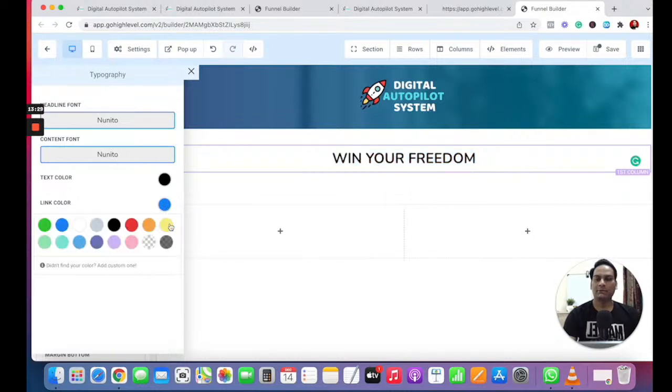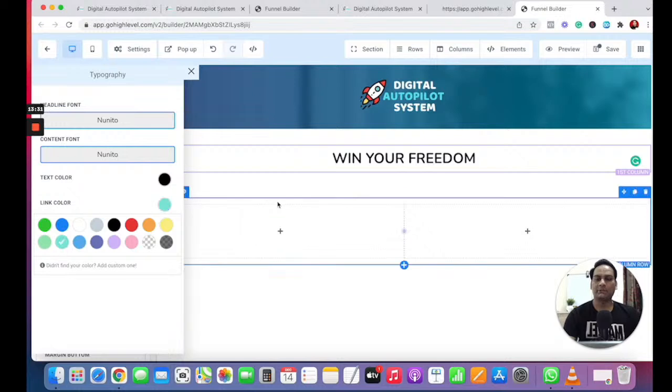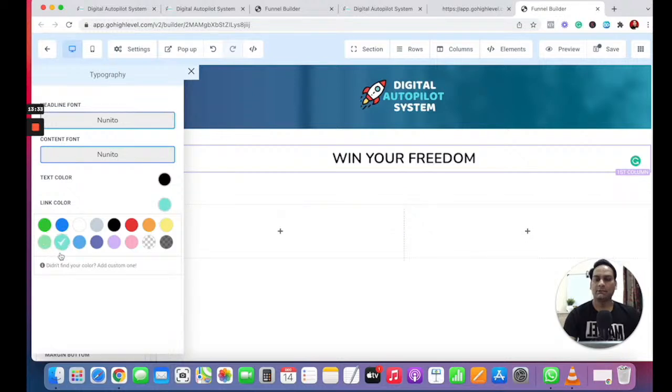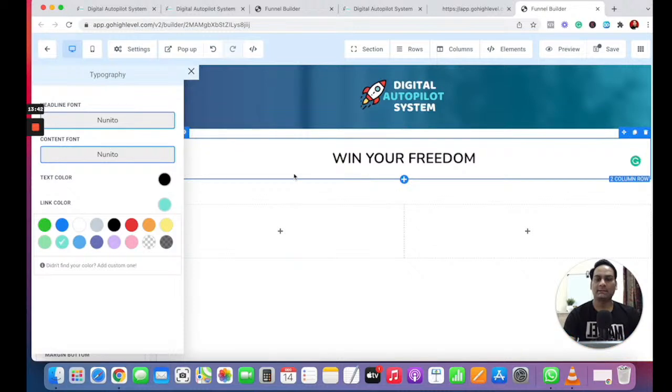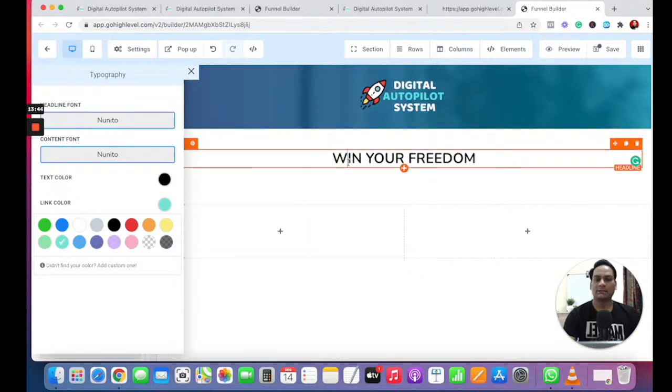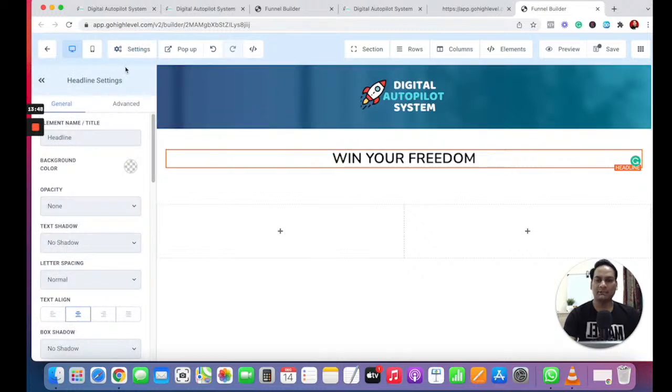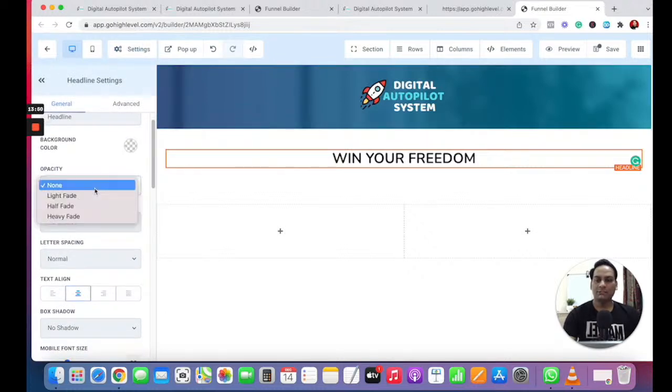So if you want to keep it this blue, or this color, or you want to select any of the additional colors, you can go ahead and add it from here. So we'll just make this one, and that's it. Okay, done. We have set the typography. Now we need to set the